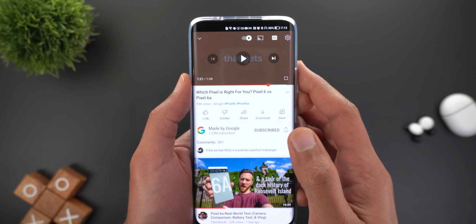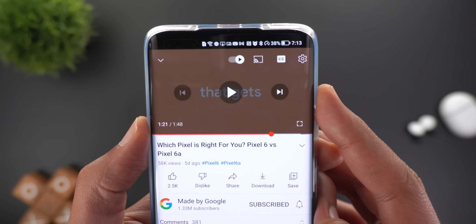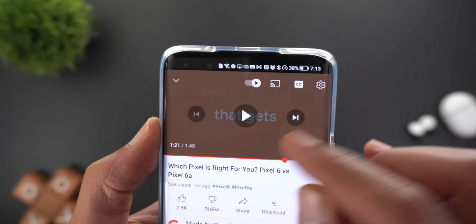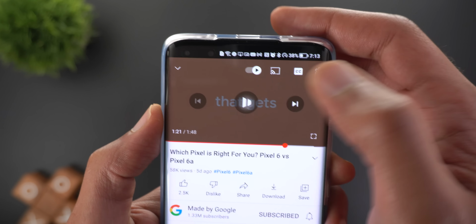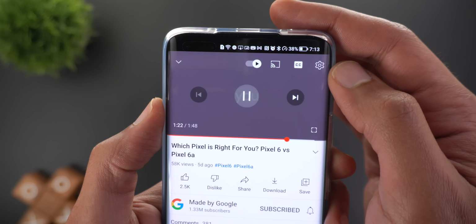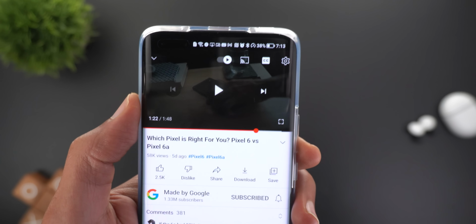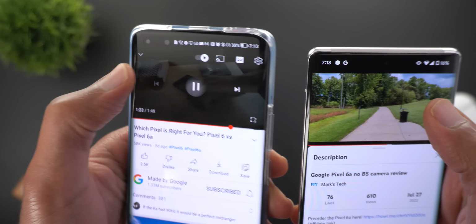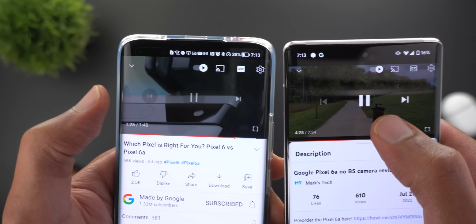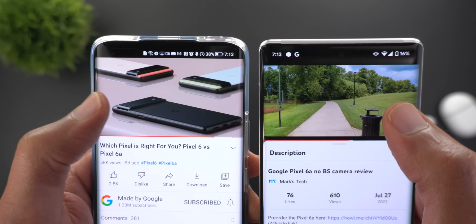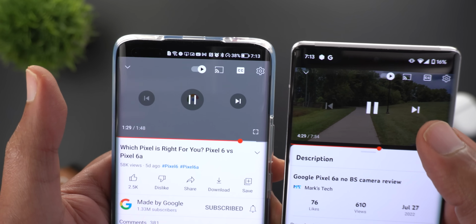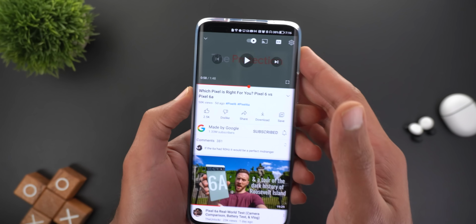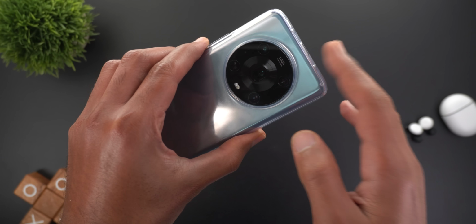One last change in the YouTube app is the redesigned media controls. Now each button has a circular background around it, and when you tap on it, you will get this new animation as well. I noticed also one more thing, the pause button is now thinner. So if I'm gonna play the video on both devices, you will see the old design has thicker buttons while now they are thinner. I got this new change only on the Honor Magic 4 Pro,